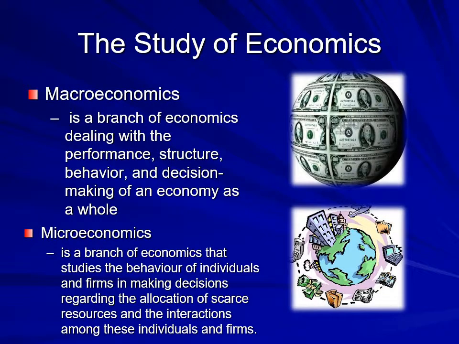There are two branches in the study of economics, macroeconomics and microeconomics. Macroeconomics talks about the big picture. It's about the choices made by large organizations, but most importantly, it deals with how governments or nations make decisions on their scarce resources. While microeconomics is concentrated on individual decisions, how people individually make economic decisions for themselves.